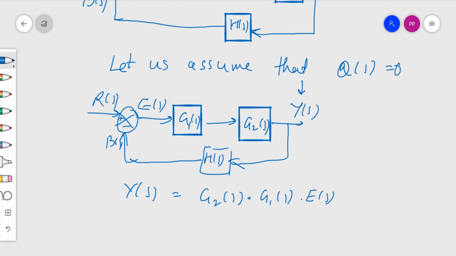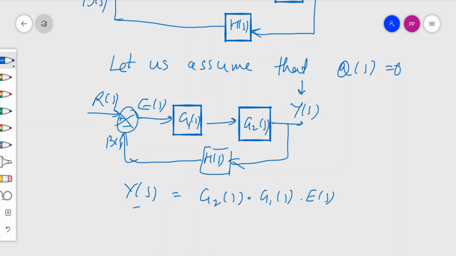So the writing of expression is very much important, because when you are dealing with single input single output system, most of the times the sequence will not matter for us. Suppose if I write here, this is equal to G1(s) into E(s) into G2(s), it will not matter over here. This is perfectly okay here in terms of calculations. But whenever we are dealing with multi-input, multi-output system in the matrix domain, then we'll have problem because of wrongly expressed connectivities between blocks and signals. So you always keep in mind the way we should write the expression.